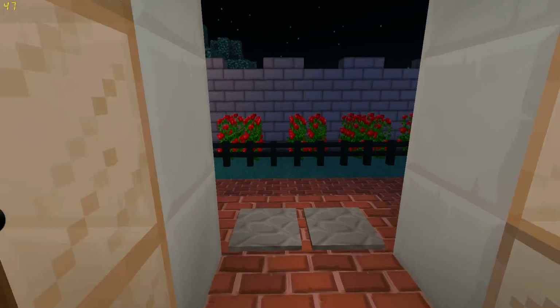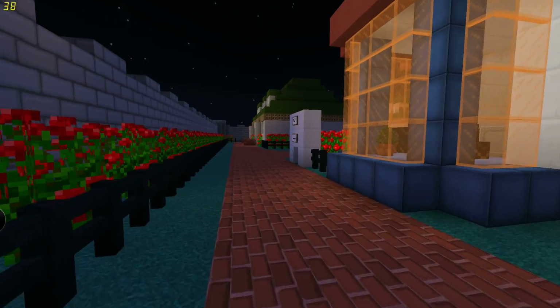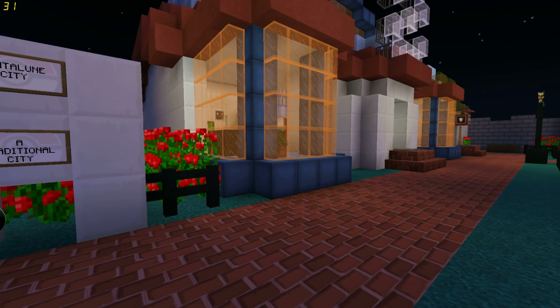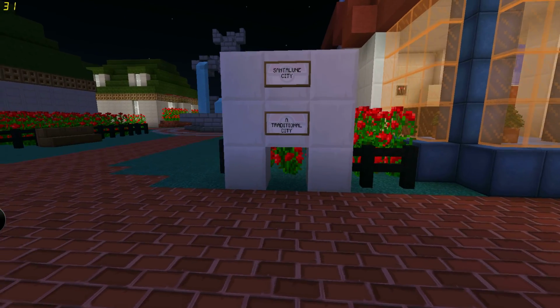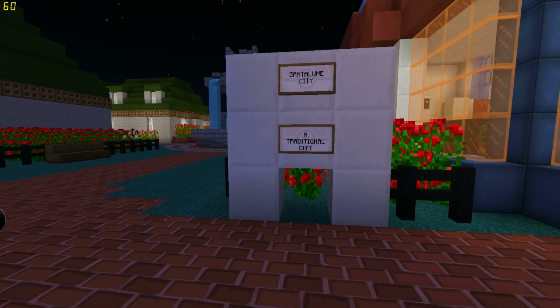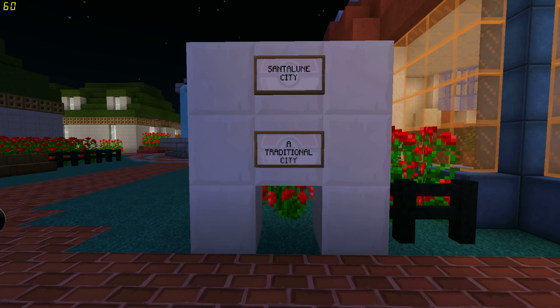Let's go back outside and explore the rest of Santalune City. We have some houses, which I'm not going to go into, but same TARDIS effect thing going on there. I had to stretch some of them. So the signs here,